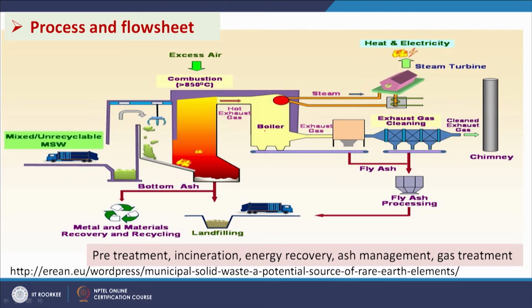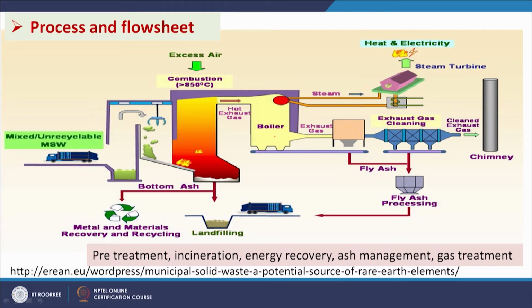And then this one, which is coming from the bottom of this reactor, will be containing metal and materials and ash content basically. So, it will go for metal and materials recovery and recycling. And where we are getting it, this hot gas is going to the boiler and then we are getting steam, and then the bottom part is going for exhaust